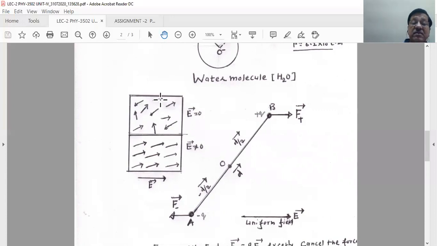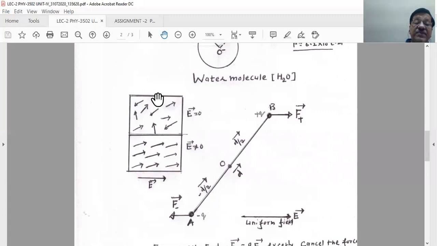They are scattered. So whenever you take any sample of a solid, and if the solid consists of molecules, and if these molecules are polar molecules, then the microscopic picture of the solid will be like this, which is the case when there is no external field, because I write E equal to 0 here.